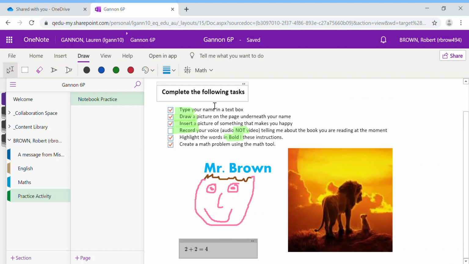And now I can see that I've completed most things on my practice page, which is great. But what I would also like to do now is practice how do I open this within the OneNote app. You can do that by clicking on Open in App, which is here at the top of the page. I can click on Open in App,